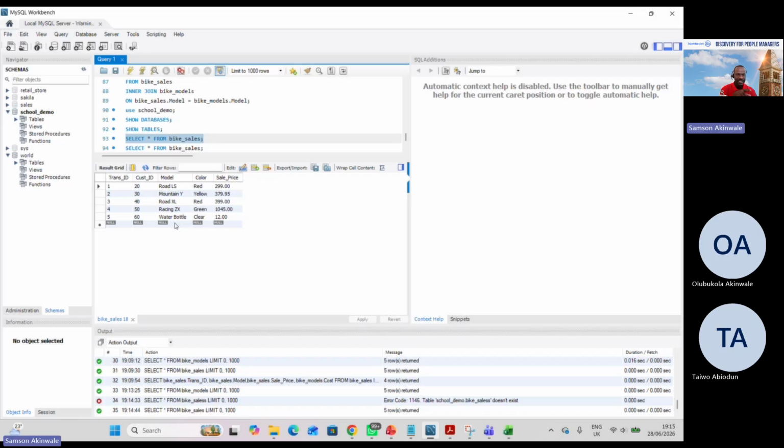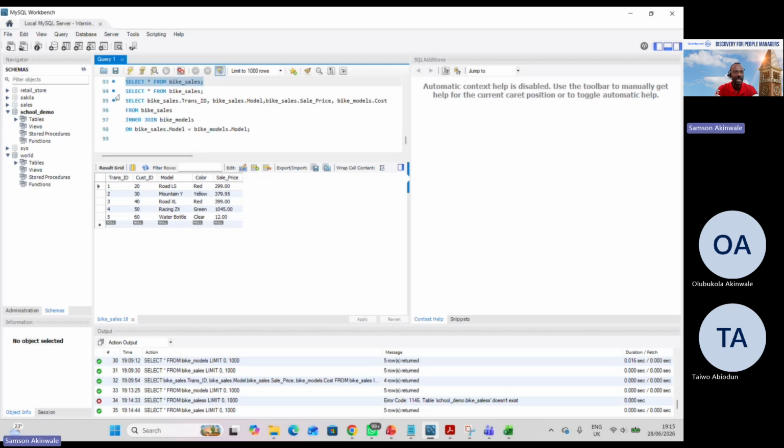On this ID number 5, those are the trade-off models in both tables, and the application could not return it because they don't have a similar name. So if it gives you any costs for that particular thing, it will be a wrong cost, because on the costs table it has Racing ZY, not water bottle. But this one has water bottle, so it has already given off this water bottle for that Racing ZY, and that's why the final output